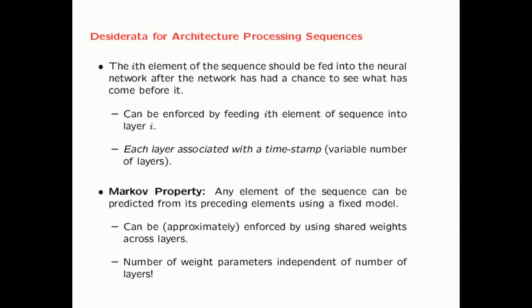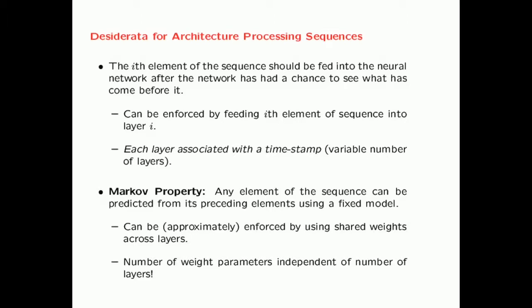And the way recurrent neural networks do it is that they ensure that the ith element in the sequence is fed into the neural network after the network has had a chance to see what came before it. And the way you enforce that is you feed the ith element of the sequence